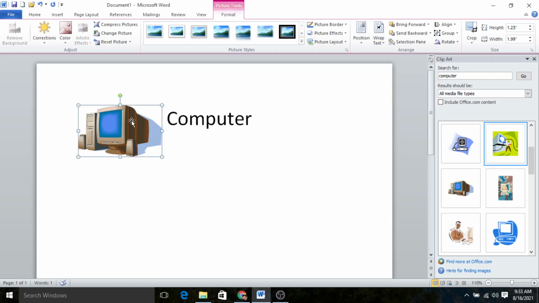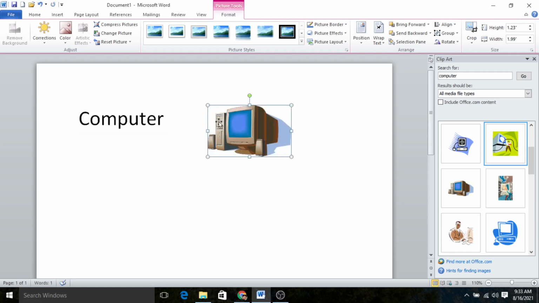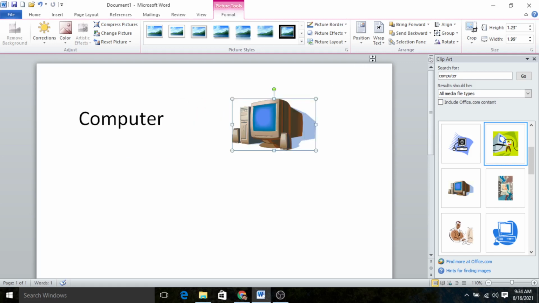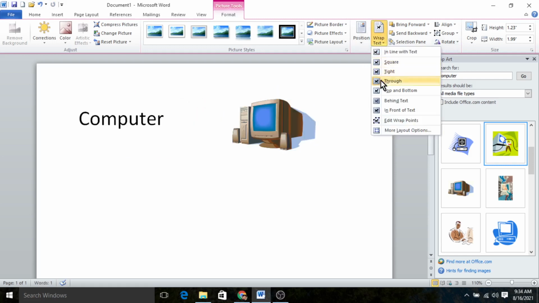Whatever you have written, the picture will go over the text. Now the next option is Top and Bottom, which means the text will be written on the top or on the bottom of the image. It will not come over the picture.